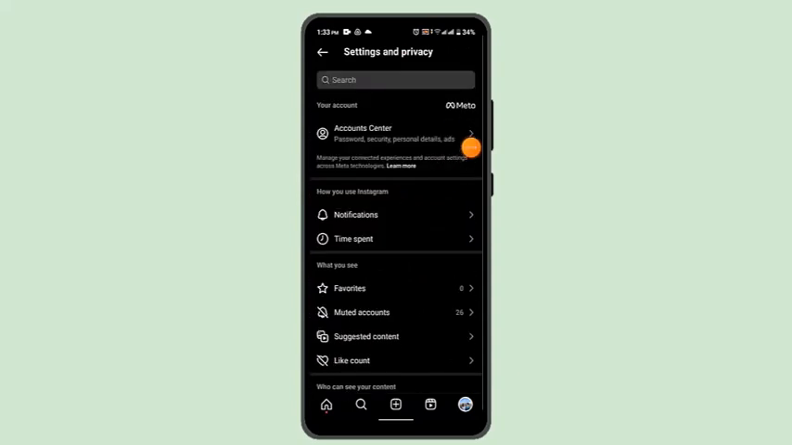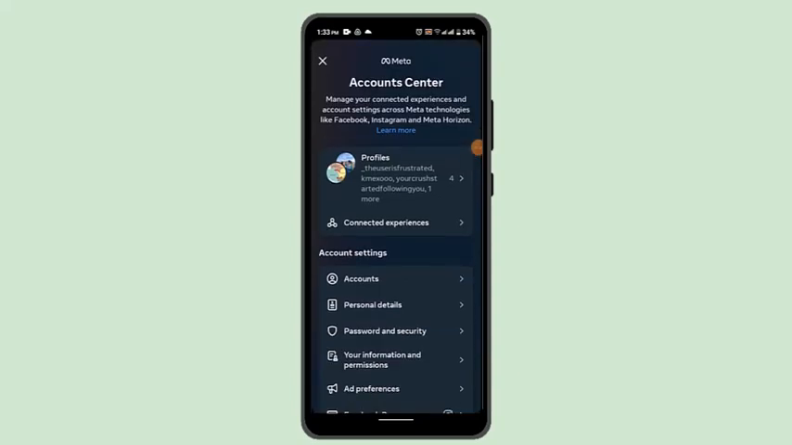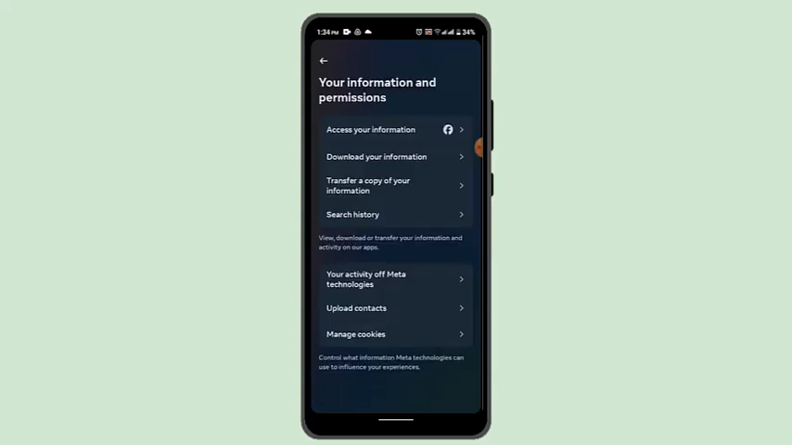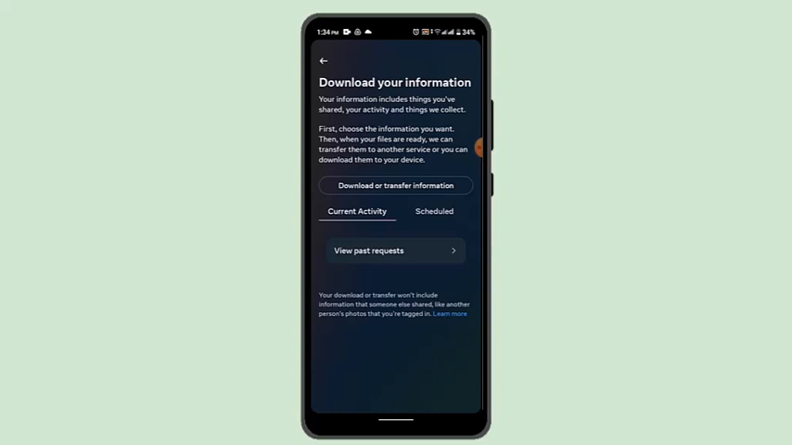So right on this page, go to account center, and while you're on the account center page, you need to go to the account settings, and under it you can see there's this option, your information and permission. Go ahead and tap that. After that, you'll be able to see all of these, and from here you have to go to download your information, and accordingly, in order to download your information, you have to tap on it,